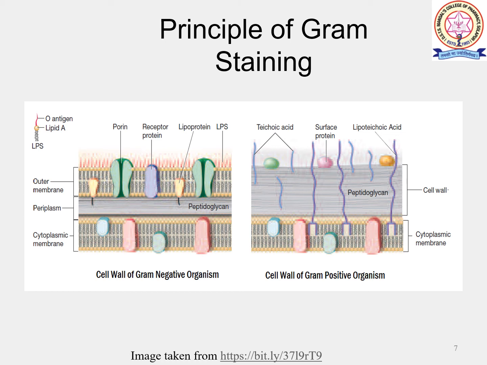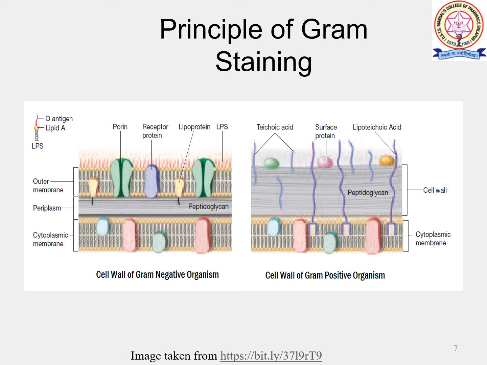Multi-layered culture on dehydration traps the large crystal violet iodine complexes within the cell, and hence it remains stained with crystal violet only. And when we are having the decolorization, then this gram positive cell remains purple, but gram negative cell, as it has been leaky, will have removal of the complete stain of crystal violet, and due to this